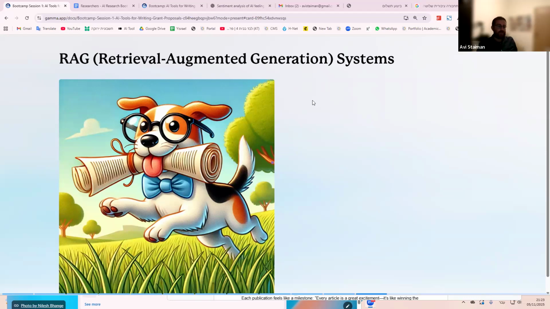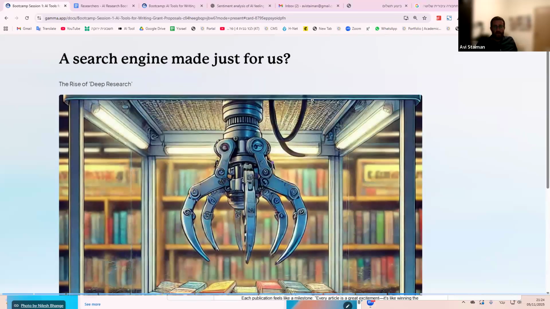So again, with ChatGPT, I'm getting an answer to my question based on the entirety of the internet, including all sorts of stuff I don't want. Here, if the tool is working the way it's meant to, I will be getting an answer from content sources that I trust. And that's the big game changer when it comes to RAG systems, or retrieval augmented generation systems. All right, and you may have actually used these without knowing it, because this is what's known as deep research.